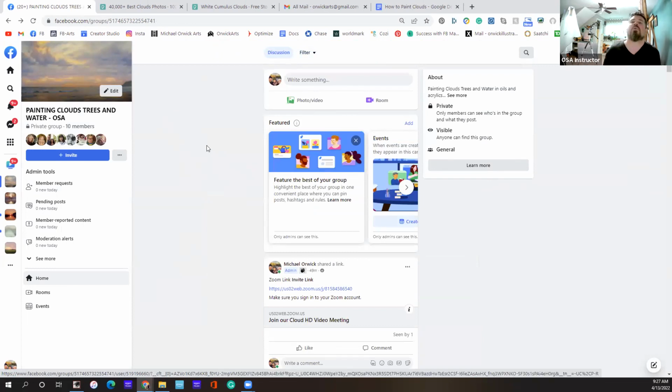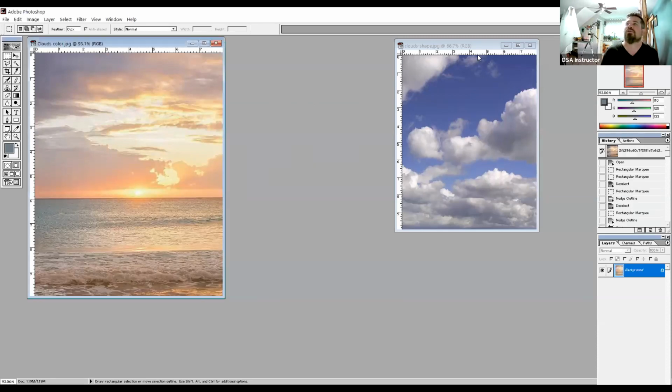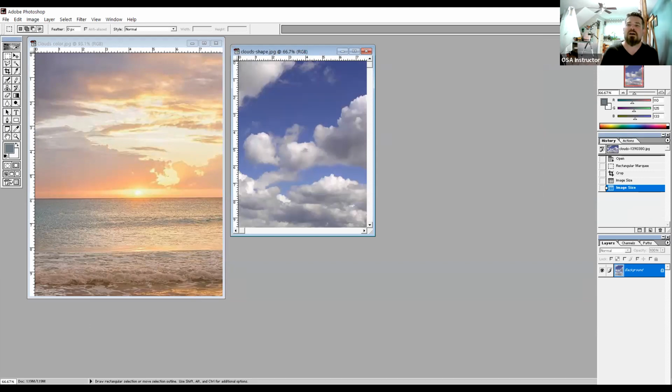Another thing that I will be doing a lot of in this class, especially when I'm giving feedback and insights on the paintings, is that I will be doing share screen over to Adobe Photoshop. So now can you guys see Adobe with the 2 cloud images that I've got posted up there? Yep. So a lot of times what I will do, I'm just going to grab